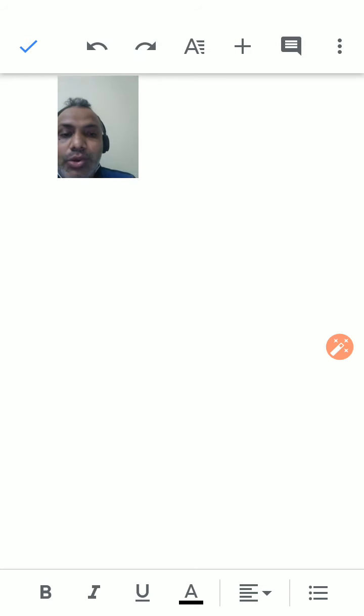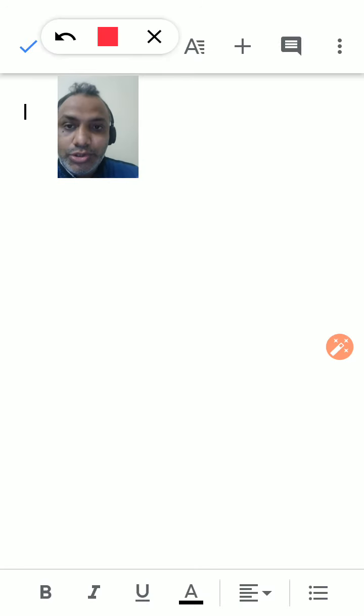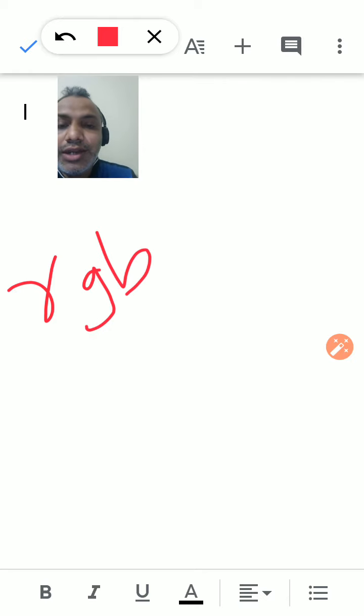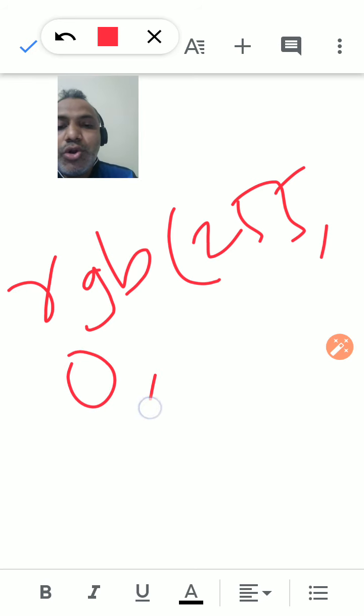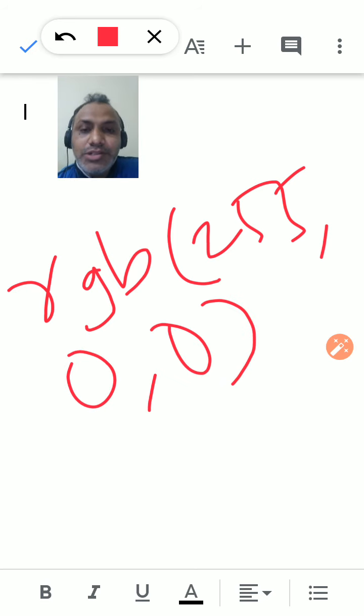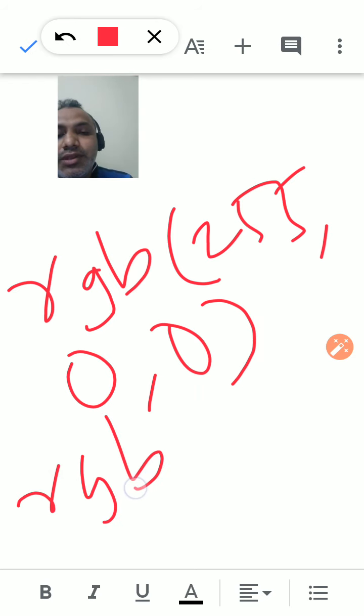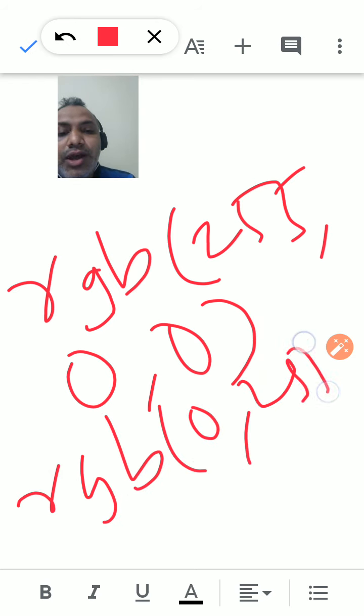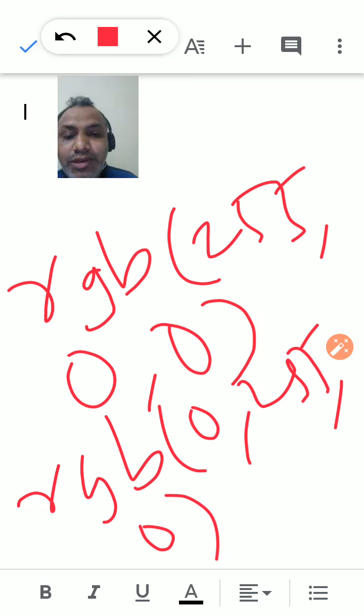Then what happens? Writing RGB, as the name suggests, inside the bracket 255 comma 0 comma 0, and closing the bracket, it means we now have the dark red color. Suppose I take RGB 0 comma 255 comma 0, it means we now get the dark green color. In that way we can take the color.